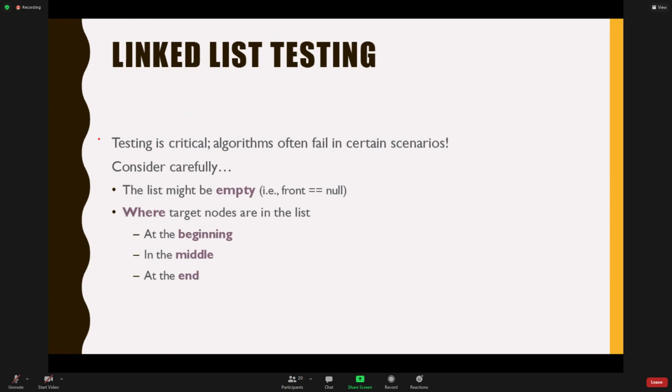Also, if you're looking for certain nodes or certain scenarios, you always want to think about, what if the thing of interest is at the start of the list? What if the thing of interest is somewhere in the middle? Or what if the thing of interest is at the end? Does my code work properly in all of those positions? So again, if I were thinking of something like add at position, I would say, can I add at the front of the list? Can I add somewhere in the middle? Can I add at the end? And is everything intact and perfect in all of those scenarios? And I would try an empty case. I always want to start with an empty list and see if I can add at position 0, let's say, in an empty list. So always think here about testing. You will suffer